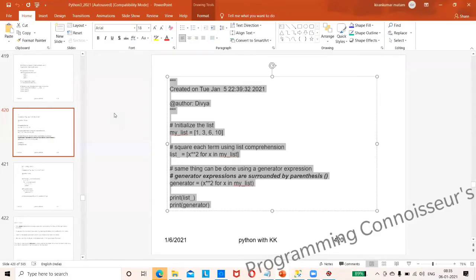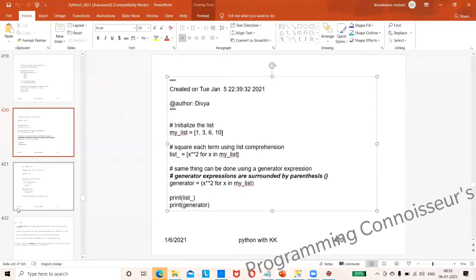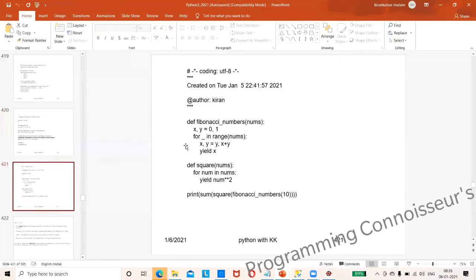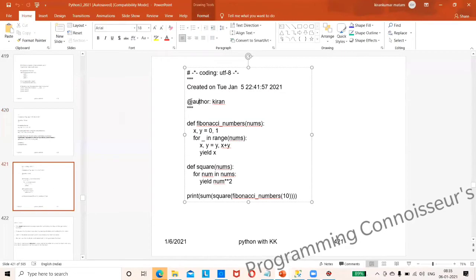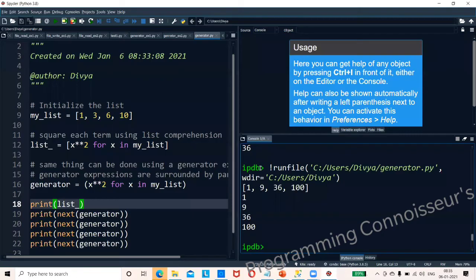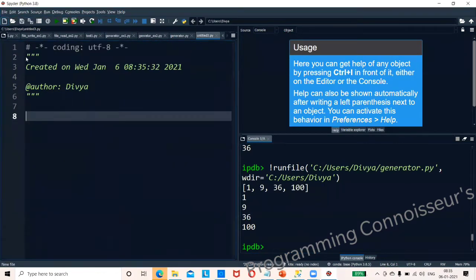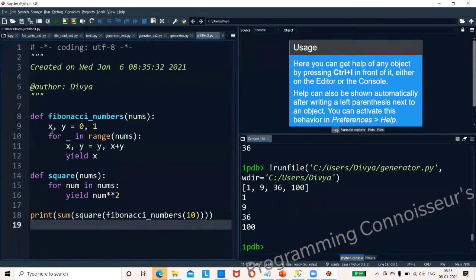Rather than moving on to the next section, we'll see one more example here. If you observe here, we are calculating something. This example we need to observe carefully.